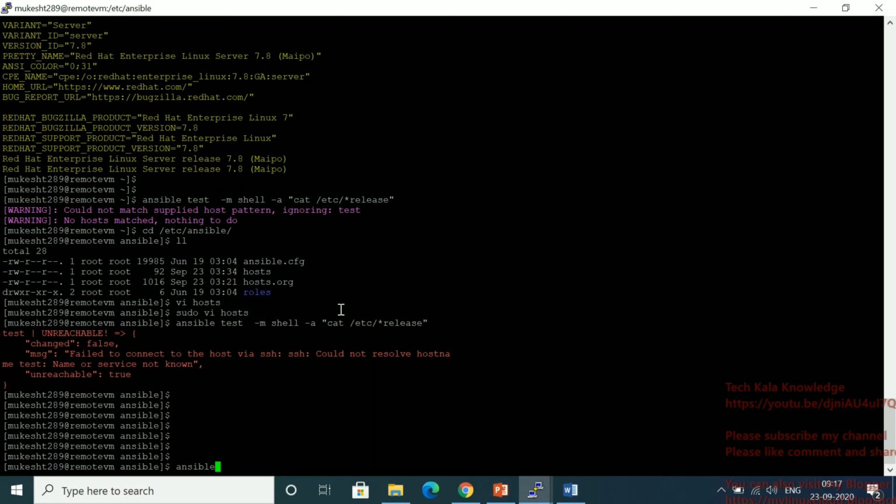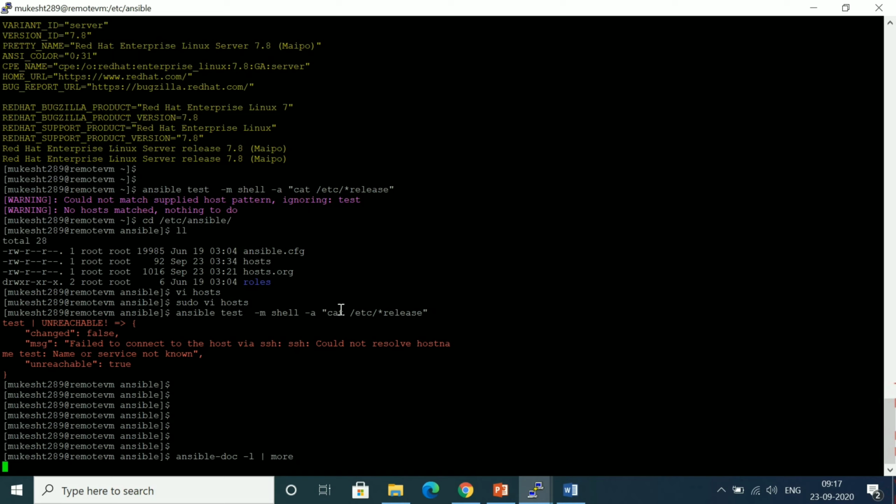You have to use ansible-doc -l piped to more. Why am I using a pipe? Because this output is big, that's why I'm using a pipe and more. If you use this command, it will list all the Ansible module documentation information.